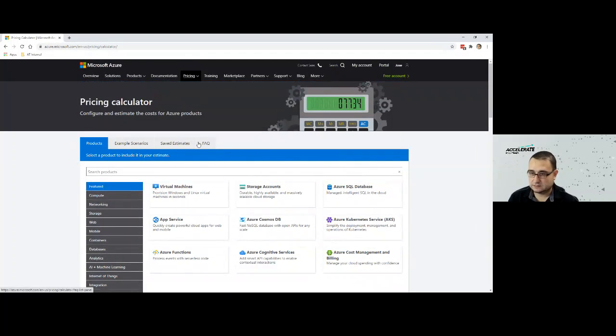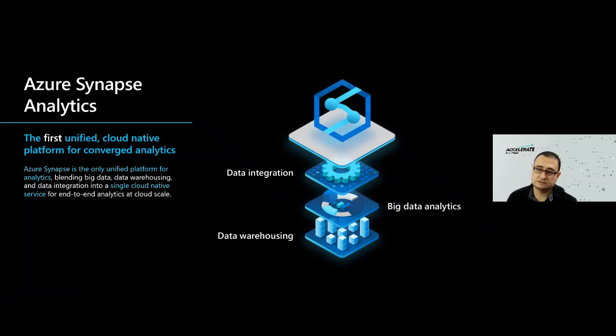Just use the pricing calculator to create a budget, but also to give you an understanding of how much you can scale those services, and perhaps where you need those services to scale, or what the timing of those services to scale.